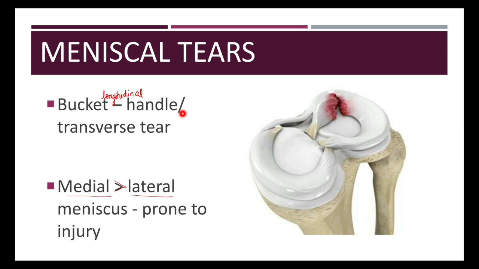So here in the diagram there is a lateral meniscal tear shown. How can I understand that this is a lateral meniscal tear? By seeing the shape. The medial meniscus is nearly semilunar and it is wider in the front, whereas the lateral meniscus is nearly circular. So in the picture, as you can see, the circular one is torn, so that is the lateral meniscus torn, as well as it is on the lateral side or fibular side.